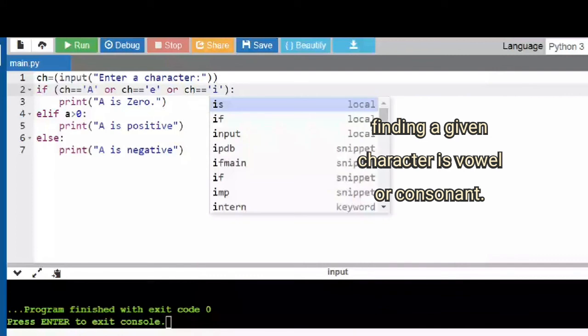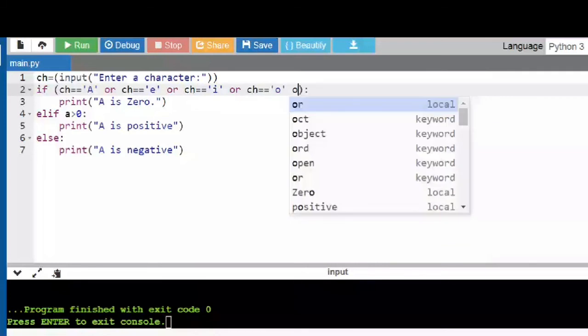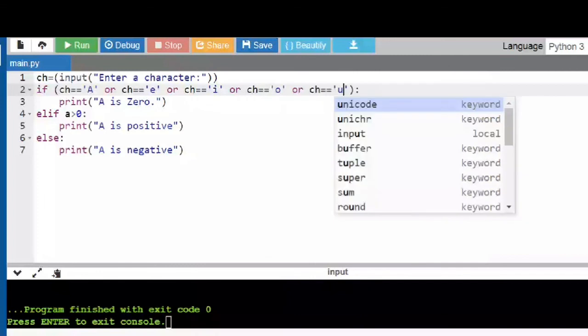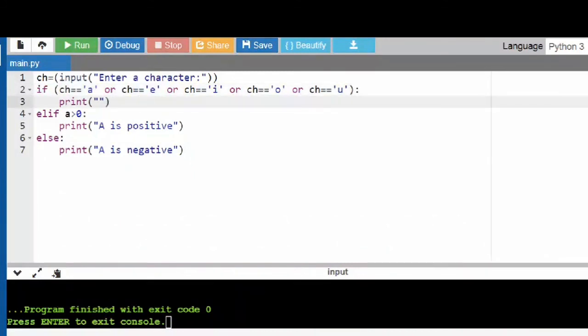All the characters that I have given here are lowercase. You can also give the uppercase AEIOU. Or else, what you can do is convert your character into lowercase by using the lower method and then apply this.